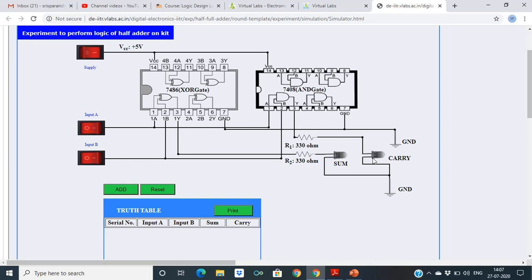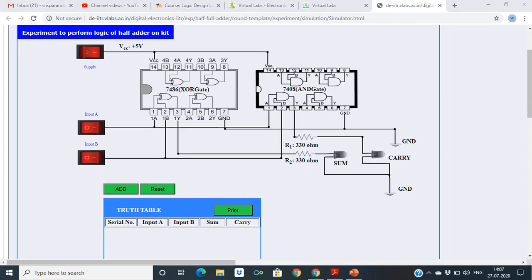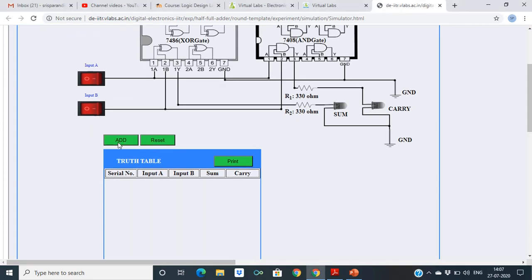Accordingly you can check here. You have switched on the power supply, so you will add 0 0, and you get sum 0 carry 0. Then 0 1 gives sum 1 carry 0.